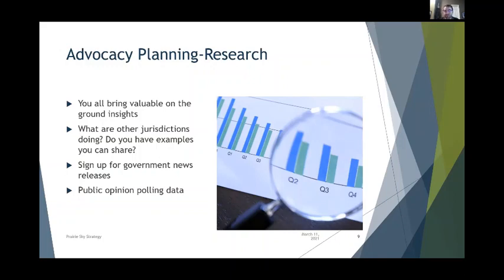I wasn't able to attend the entire morning session today, but caught a bit of the past one, talking about surveys and data. That can be an incredibly powerful tool when you're talking to government or decision makers: bringing some data, bringing some public polling. It's not something that our firm does, but it's something that others do. You can find these providers in Manitoba who do public polling and opinion data, and this can be very, very powerful.